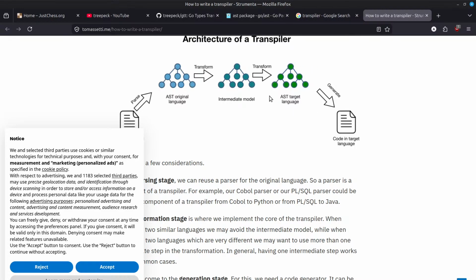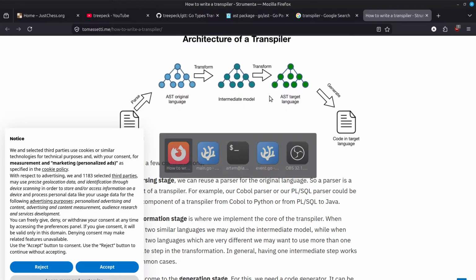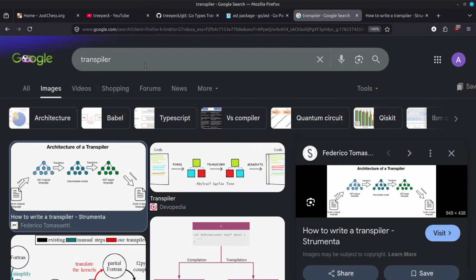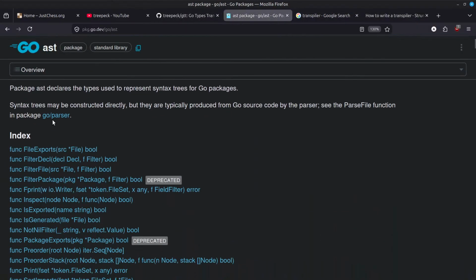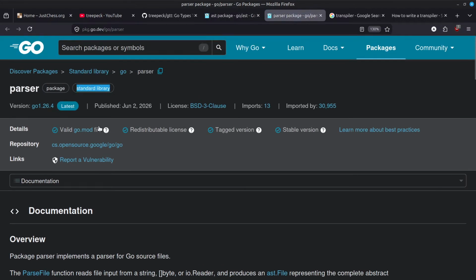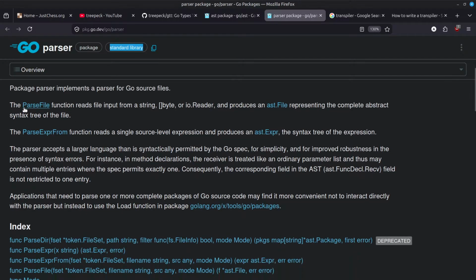So I will do something similar to that architecture, but with some, let's say, nuances. So basically, first of all, we need to actually parse our Go source code file. So let's do that using the go/parser package. The go/parser package is also in the standard library, and it has a function called ParseFile, which reads file